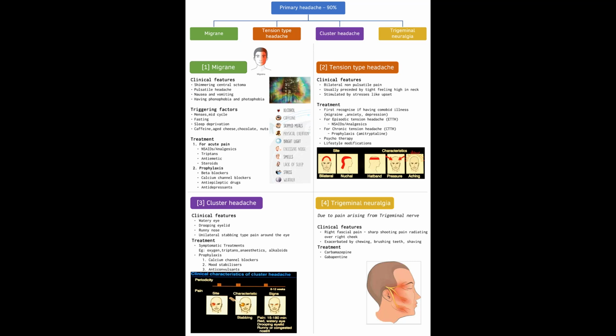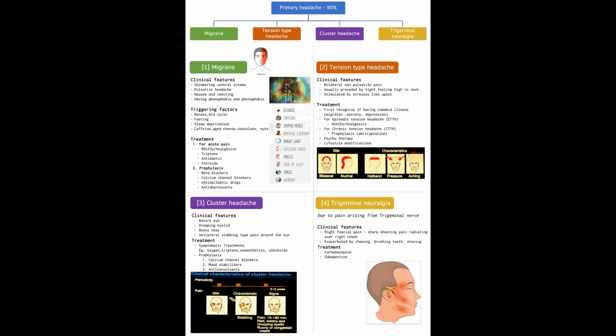There's a classification of headaches according to the IHS. Those are the primary headaches, the secondary headaches, and cranial neuralgias, central and primary facial pain, and other headaches. In this poster, we consider the primary headaches. A primary headache is a headache that is not caused by another underlying disease, trauma, or medical condition. This type of headache accounts for 90% of cases. Secondary headaches are caused by exogenous disorders.